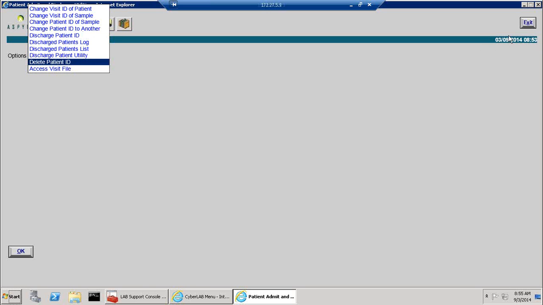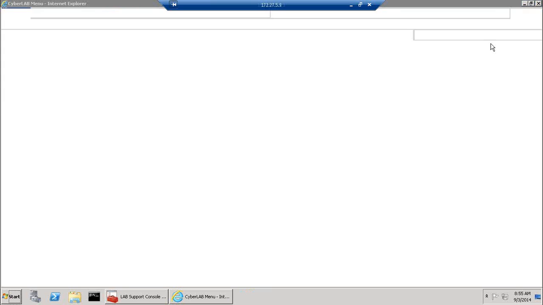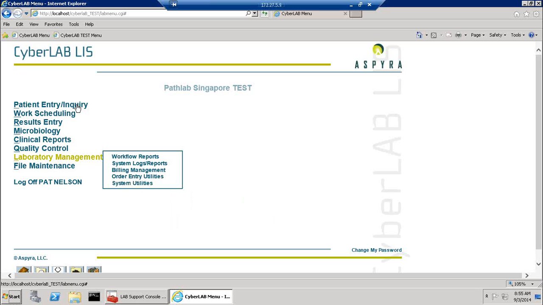Now, the next two programs that we're going to look at are programs that also use a log, and the logs that we keep are also very useful in troubleshooting problems or incidents that might occur. The first one is the inquiry access log. Now, every time that we go into patient inquiry, our situation is logged. So when I go to patient inquiry and I look up a sample,